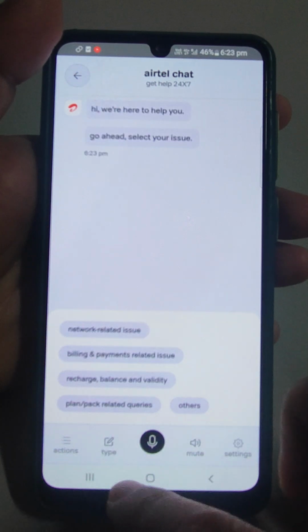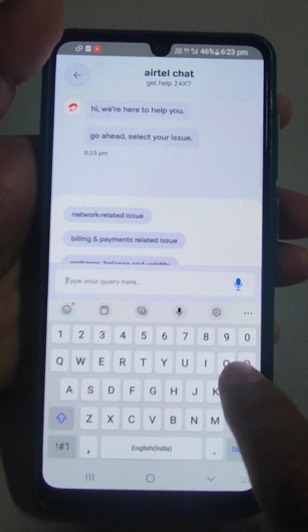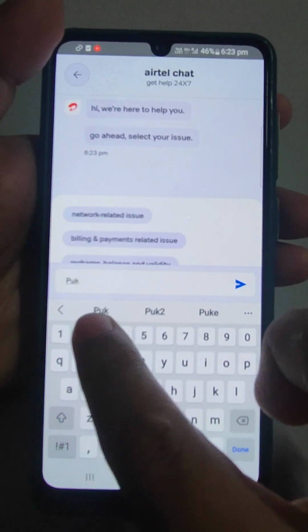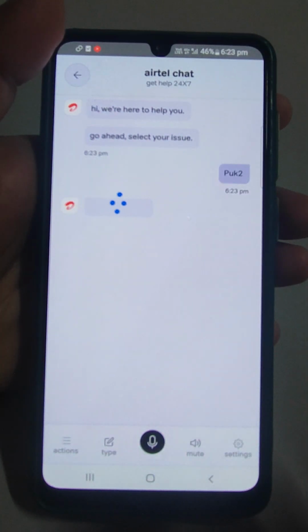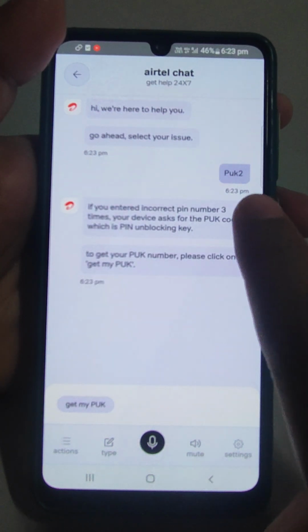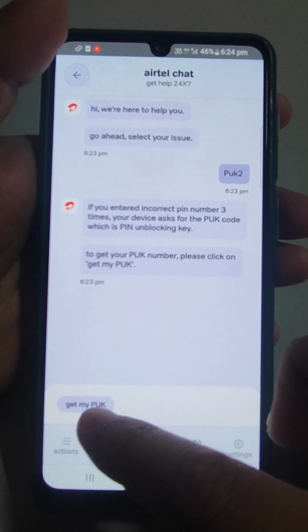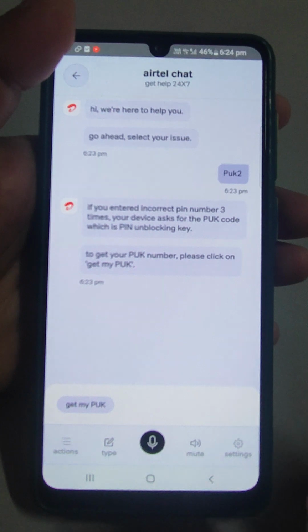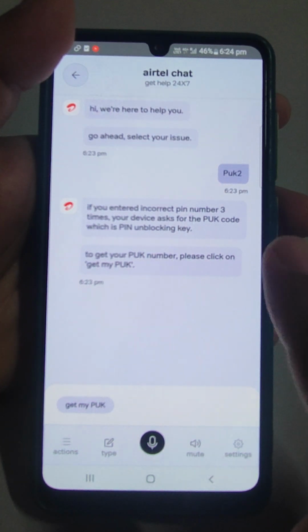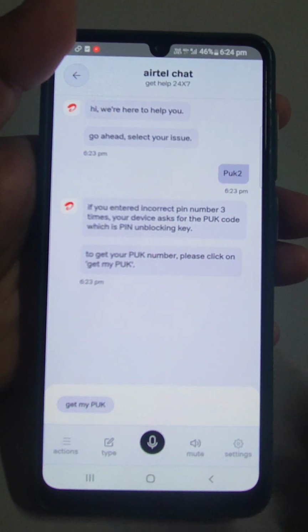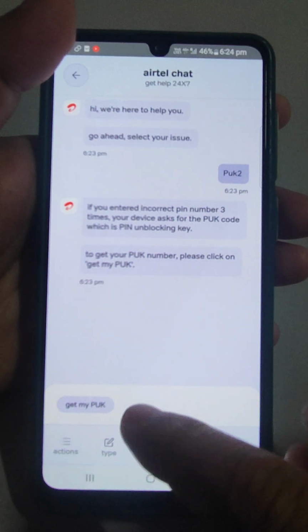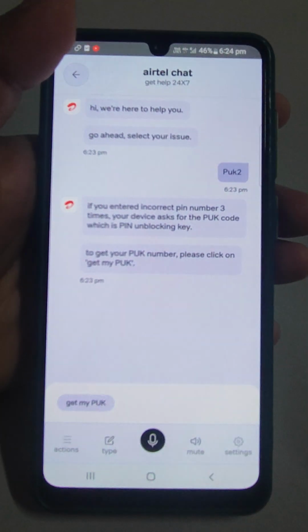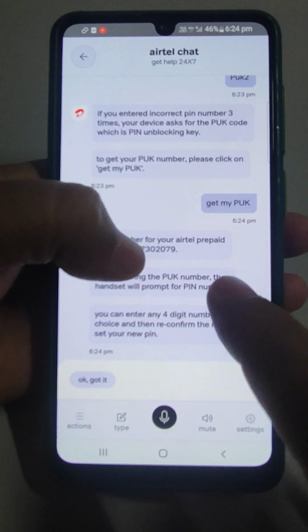As soon as this will open, press the type and here just write PUK2. As soon as you will write PUK2, it will say get my PUK. As soon as you will press it, PUK1 and PUK2 both will come. So you need to know only PUK2 number. Just enter there. I will show you what to do further after getting the PUK2 number, but this is how you will. I will press it. So here is my PUK